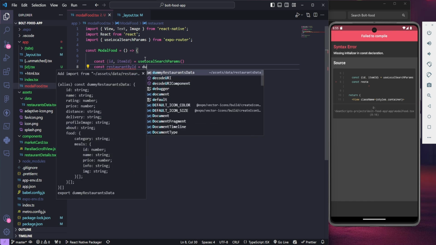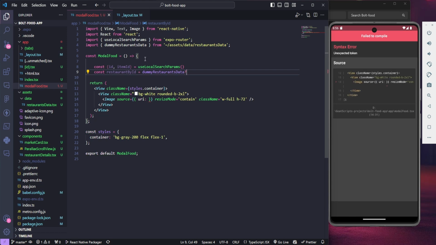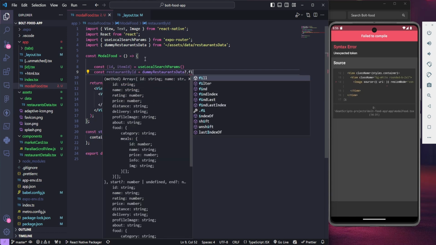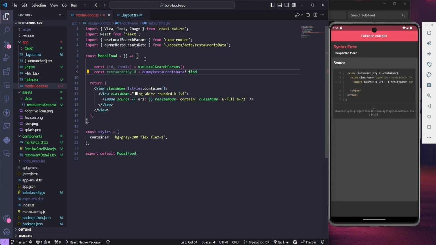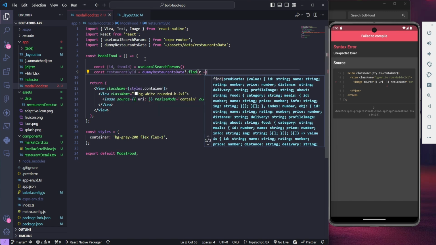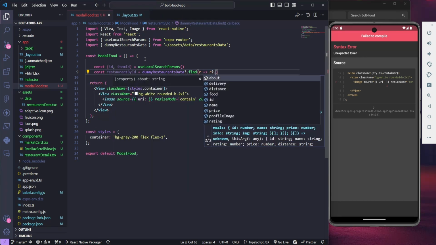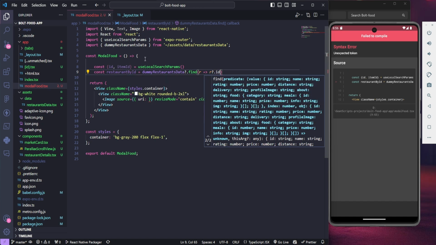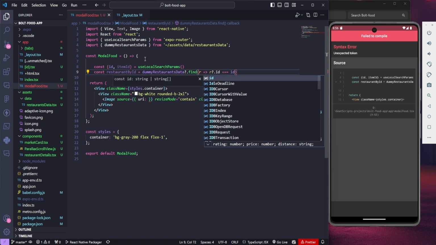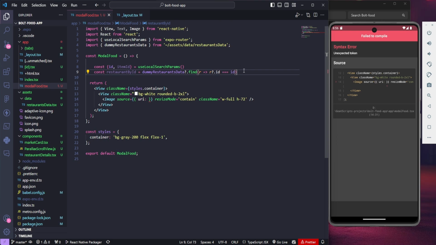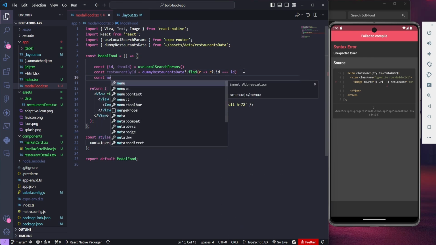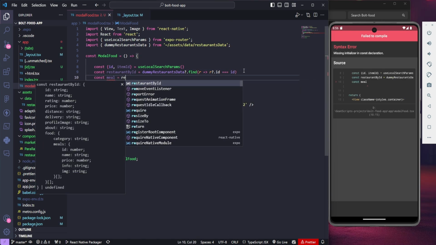So let's check the dummy data, let's find from dummy data the restaurant. So if the ID is equal to ID, after meal, let's find